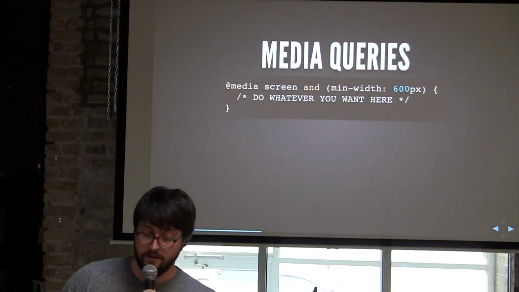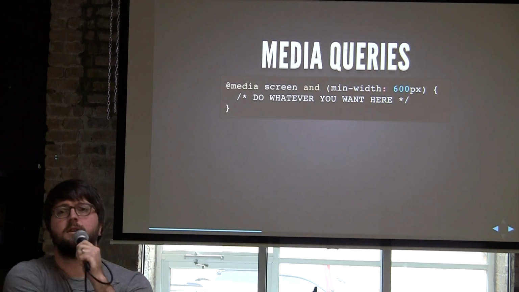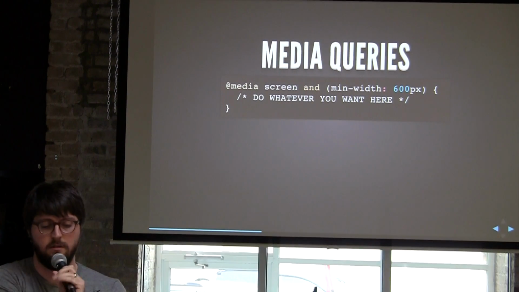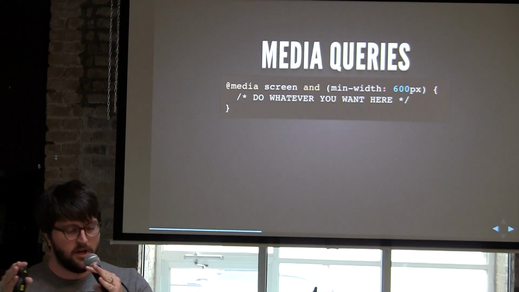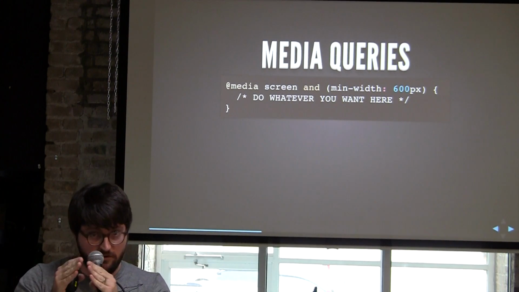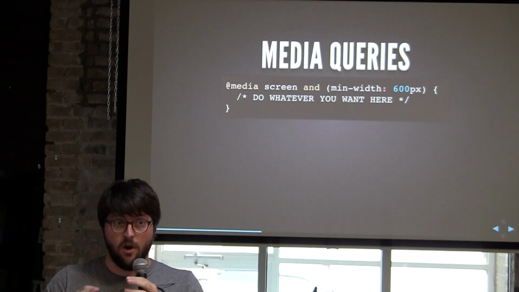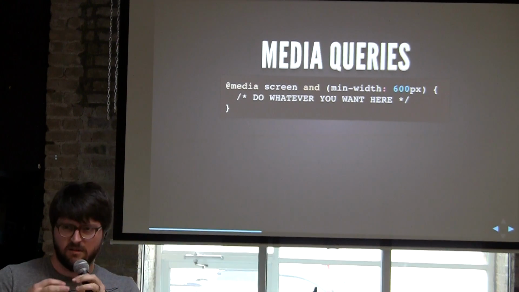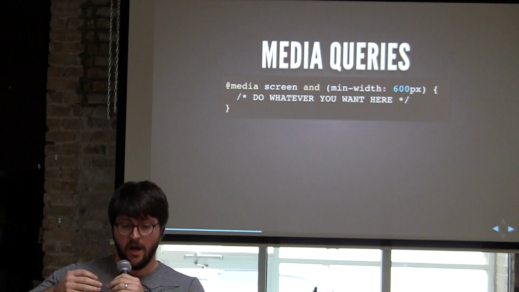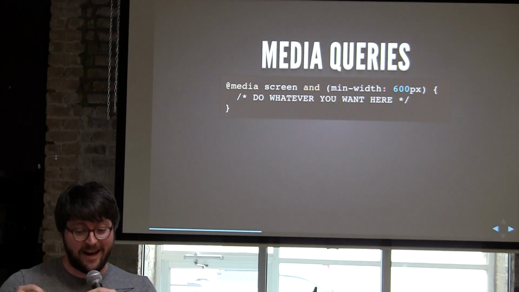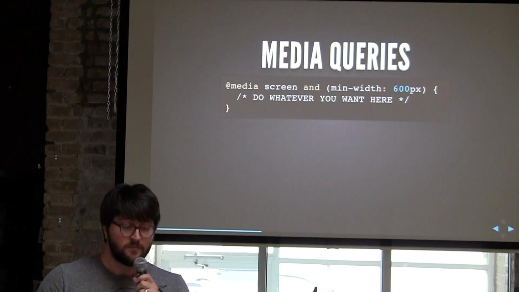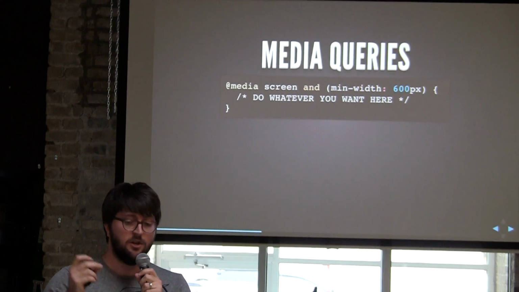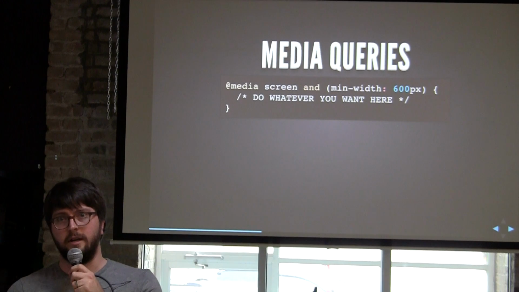All right, so media queries, that's the second rad ingredient. Media queries are pretty awesome. You just set @media screen and min-width 600 pixels. This means at some point, as you're making your browser bigger, or the device is getting bigger, like you have growing TVs in the future, you're going to eventually hit a min-width of 600 pixels. And then you trigger something. You can do whatever you want in here. For example,